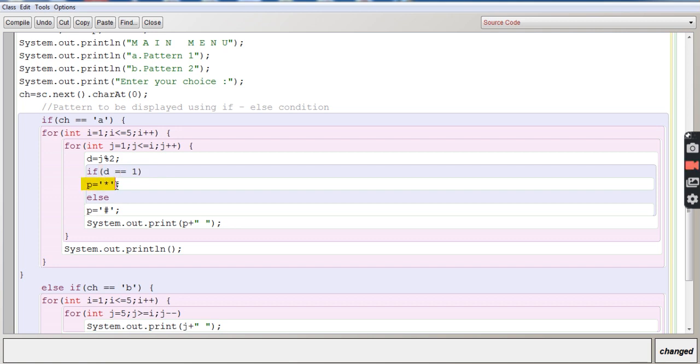So p will be assigned the asterisk symbol, the star symbol, and it will come down over here and print the asterisk symbol in p as per the pattern, and the loop will go back to j++, updating. j will become 2, so 2 is less than or equal to 1, false. It will come out of the inner loop, and it will go to this line, System.out.println, which will take you to the new line for the pattern, and it will go to the outer loop now.